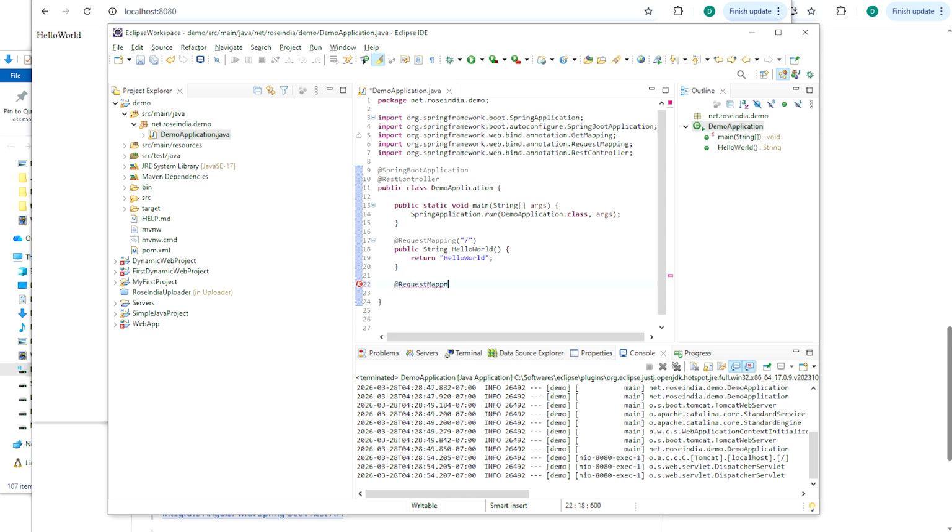Request mapping and slash example JSON and public Map getJSON, and we will create an example of new HashMap and